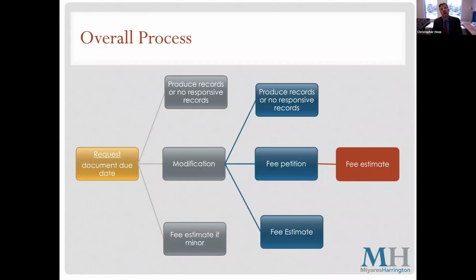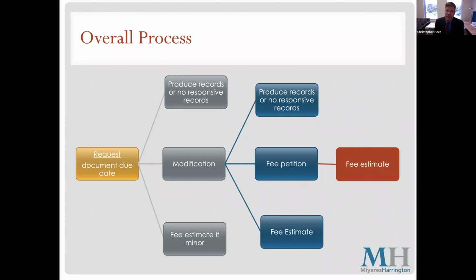So this slide is just meant to be a sort of flow chart of our thinking when we're reviewing a public records request. I don't necessarily need to go over it again now. I think it's intended to be maybe more helpful for reference later on as everybody's responding to public records requests in the ordinary course. This flow chart is mostly just intended to suggest that once a request is received, it's either going to be easy enough to produce the records, or we're not going to have the records.